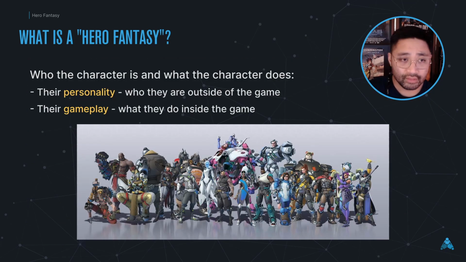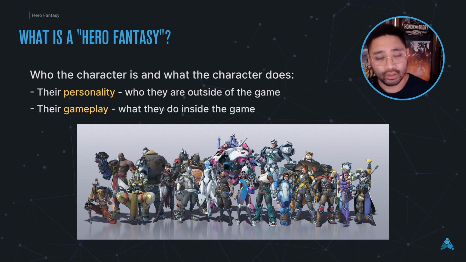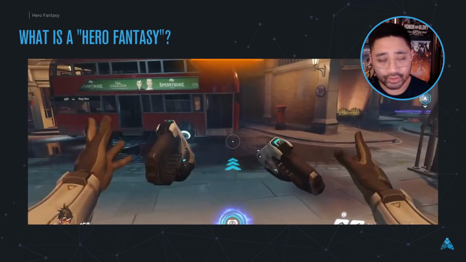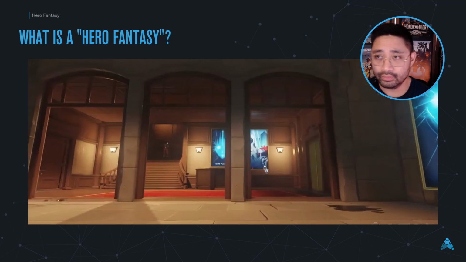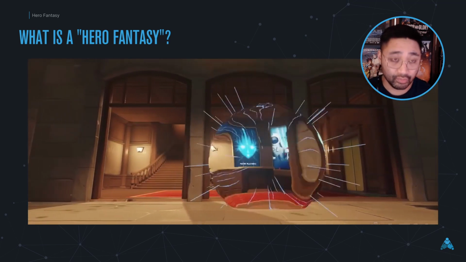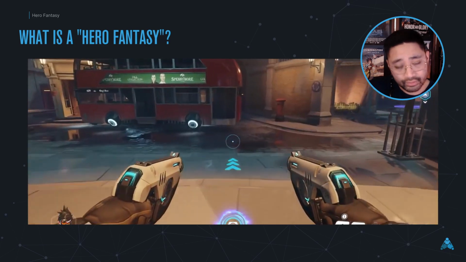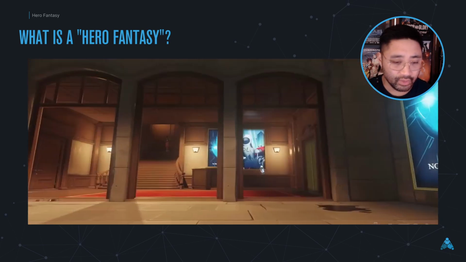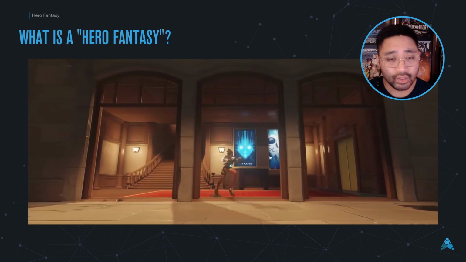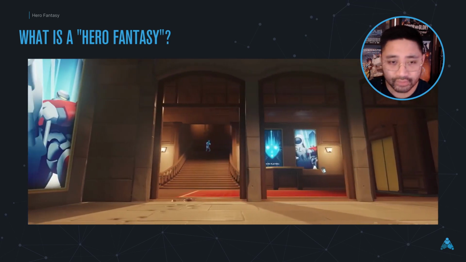And on the other side of the personality, their gameplay. So what they do inside of the game, right? If we're continuing along the example of Tracer, she is very quick. She has a dash that can borderline teleport her. She has an ability that can recall her through time. And so their gameplay has this kind of theme of time travel, you know?